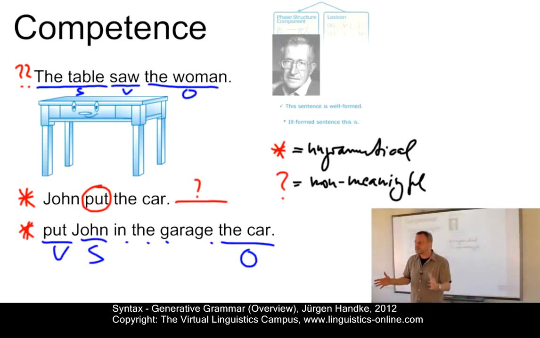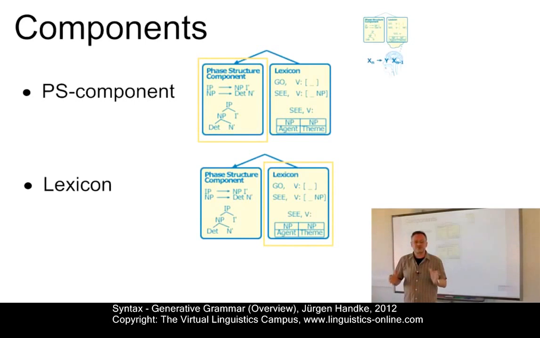Having defined the prerequisites for a grammatical model, let us now see how such a grammar should be built. 2 components constitute the core of a generative grammar and interact with one another. The first is called the phrase structure component. Its central task is the structural description of all well-formed sentences of a language. To achieve this goal, we need a well-defined rule system. So we need rules in this component